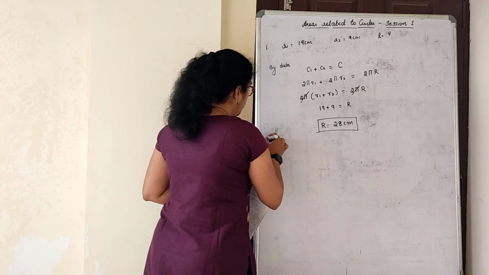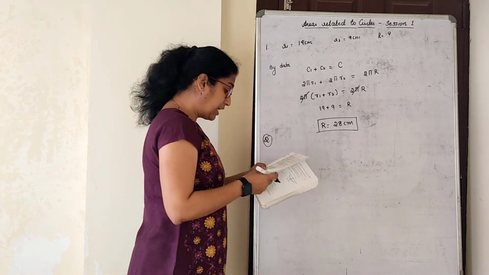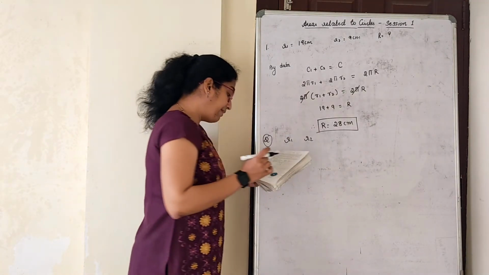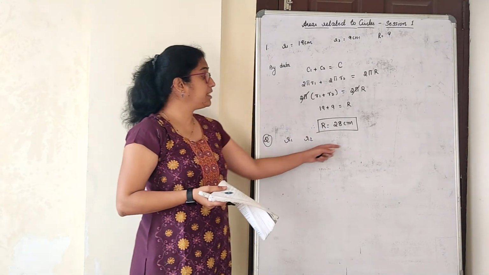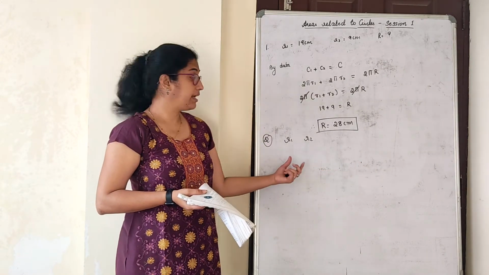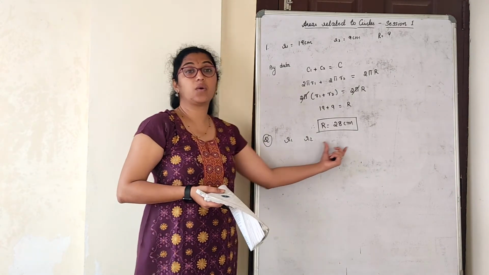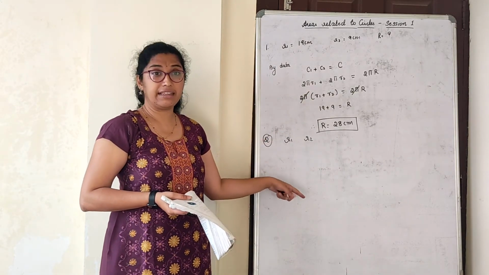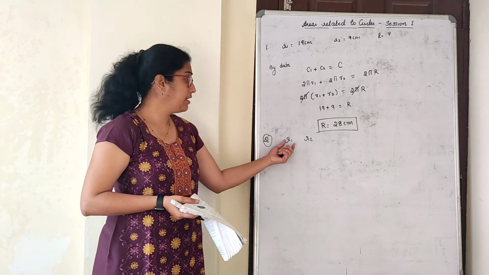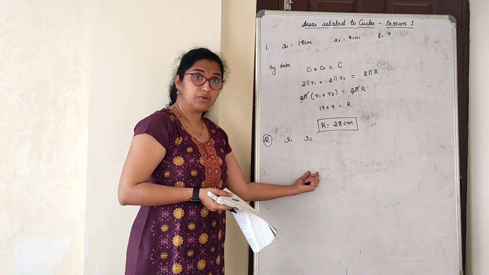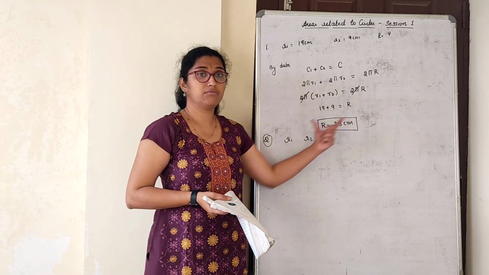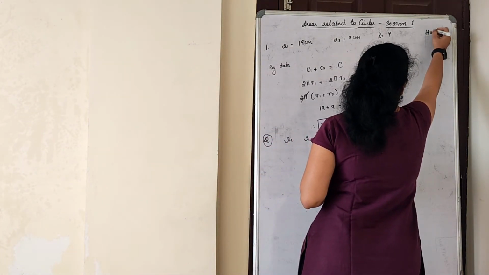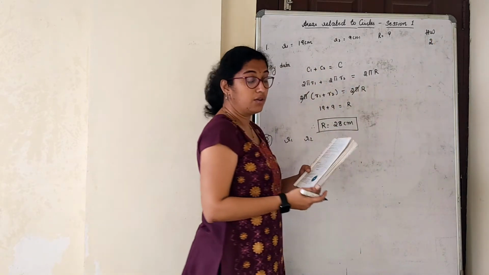Second one is similar, children. Second one, what they have given here is, again they have given you two radii, R1 and R2. And they have told that find the radius of another circle such that areas of these two circles is equal to area of the new circle formed. Now this was circumference and this would be area. What's area formula? Pi r square. Pi r1 square plus pi r2 square is equal to pi r square. So I think second one is simple with respect to area. You can take that for homework. Second sum I am marking it for a homework.